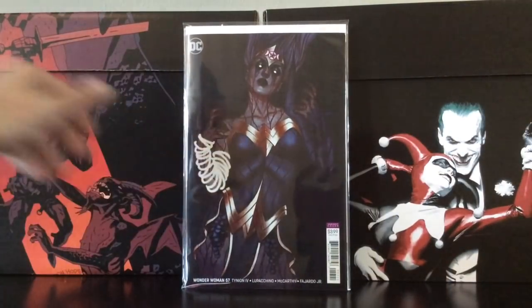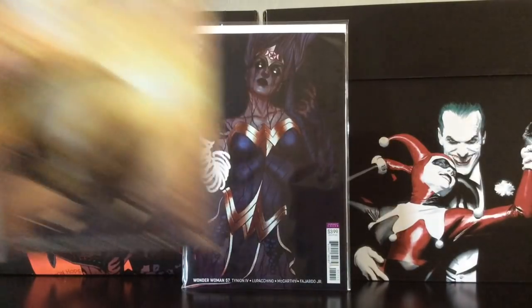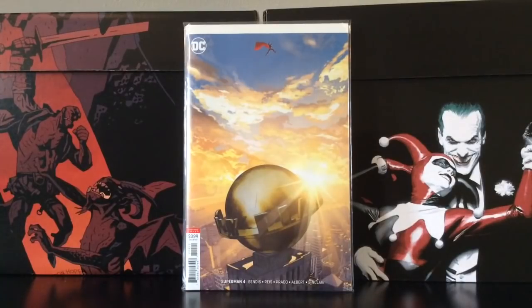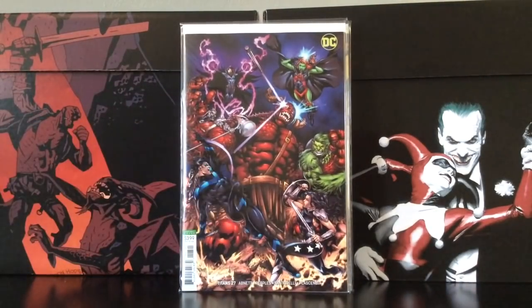Here's this week's Wonder Woman number 57. Sorry for the glare there, but once again, another great cover, but not quite as cool as number 56. Superman number 4, another title that I'm continuously surprised at how much I'm enjoying it. A title that I keep on saying month in and month out that I'm probably going to drop, but I just love these characters. So, Titans number 27